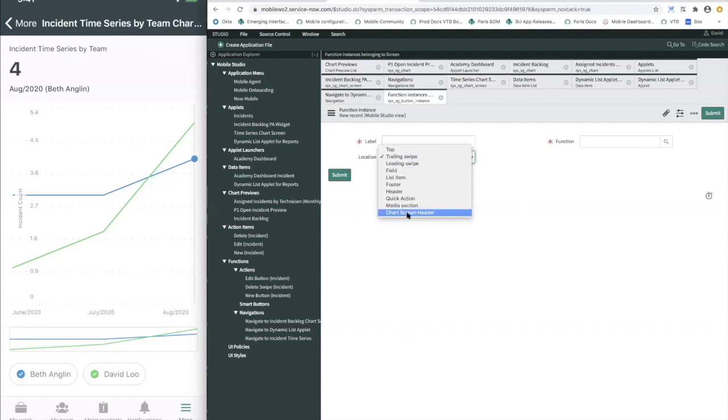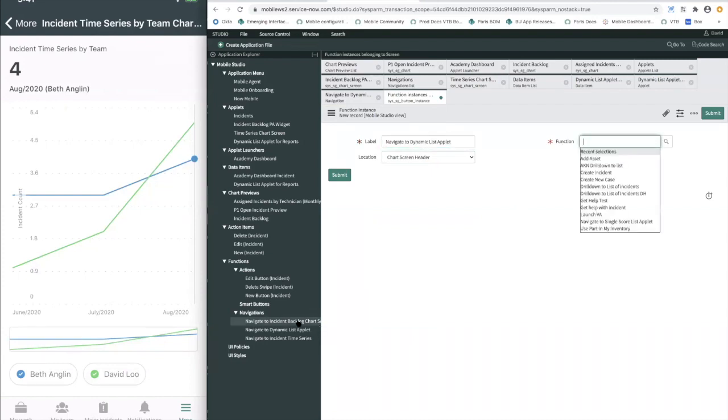So we're going to change the location to chart screen header. This is a new location for function locations, and this is used specifically for the time series chart. This is the detail view of your time series. If I want to navigate to that list applet, I'm going to select the chart screen header. And the function is the navigation we created earlier, navigate to dynamic list applet. Now, if I click submit,